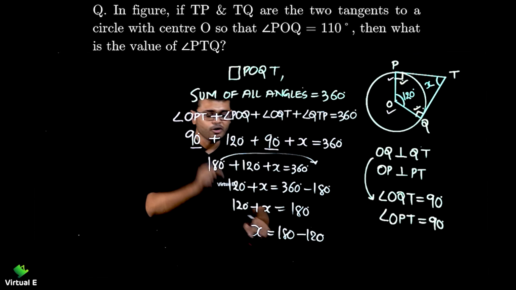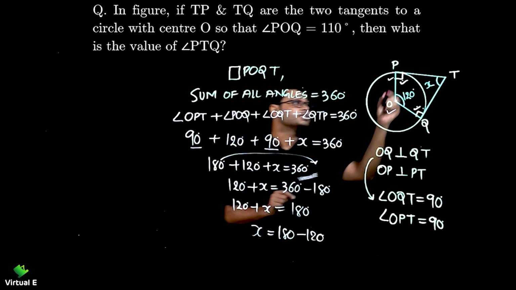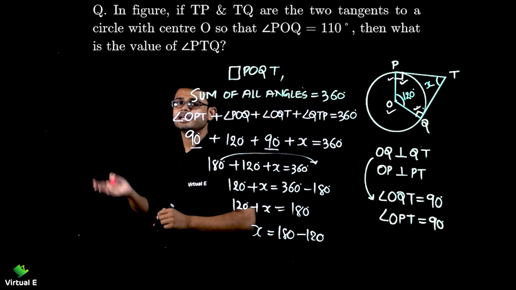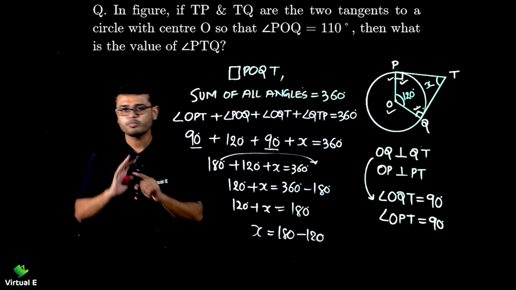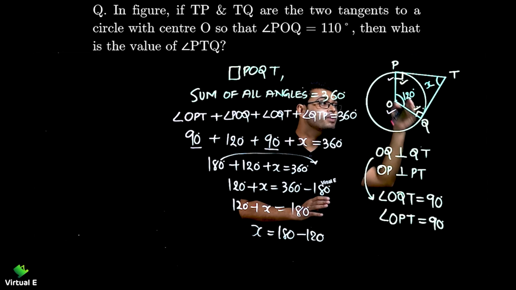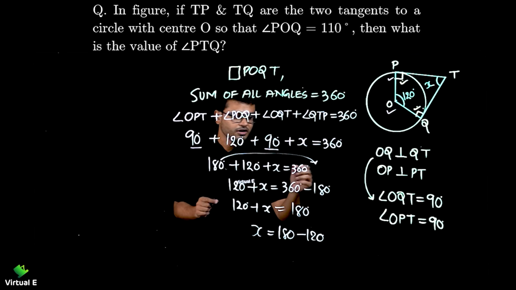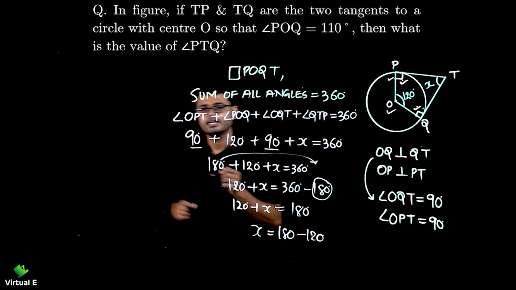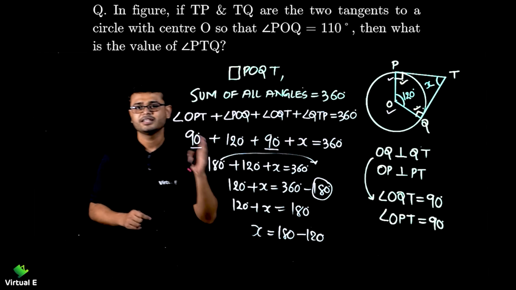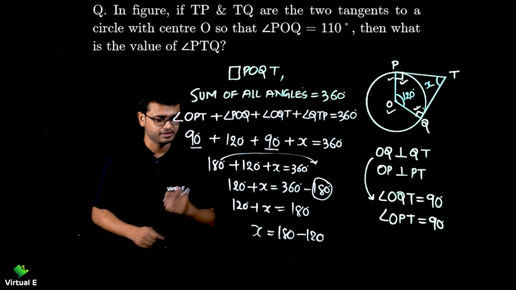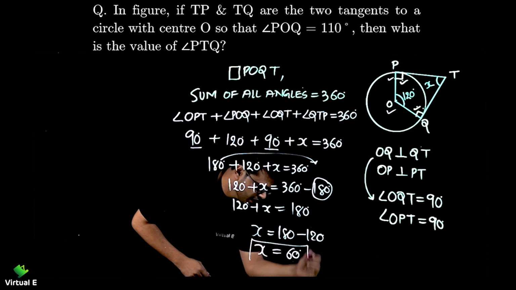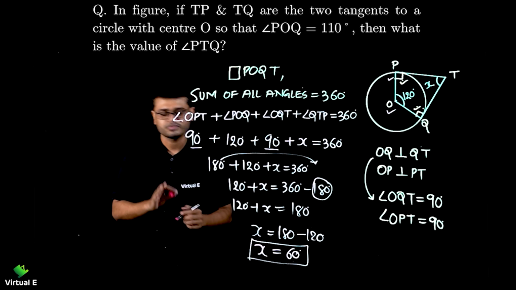Remember, the final equation will always be this, because the radius and tangent are always perpendicular. It's not like in another circle you will get another angle, 80 degree or 70 degree. That's not possible. It's a theorem. We know that it is always 90 degree. These two angles will always be 90 degree. So the first step is always to subtract 180. 90 and 90 will make 180. Then you subtract whatever angle you have over here, right? So the value of X is 60 degree. Simple. These steps are correct and you will get marks for this one.